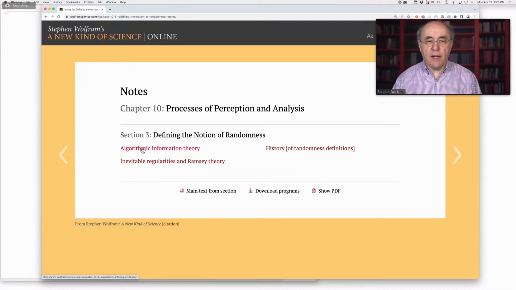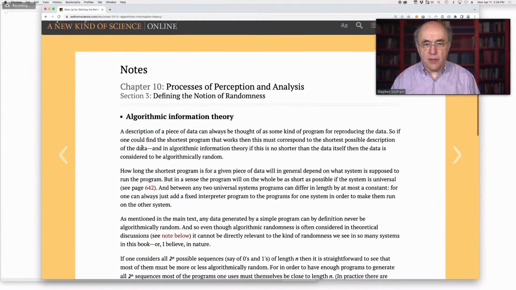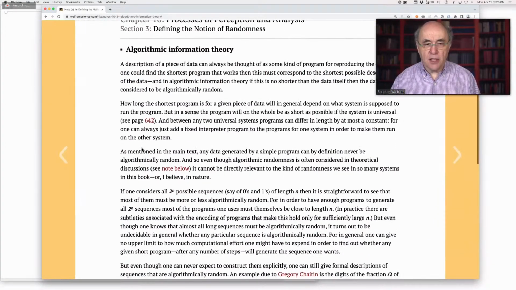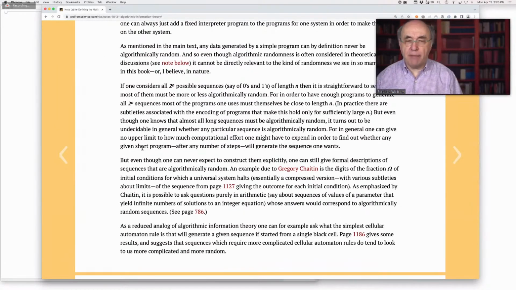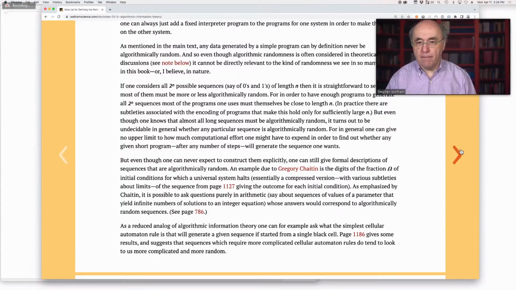Okay, so we're talking about the definition of randomness. We talk about algorithmic information theory, this idea that you look at the simplest possible program to generate a particular kind of thing, that has this undecidability, impracticability issue. But also, operationally, what I argue in NKS is that's not what we should care about for studying natural science. Because what we care about is, with our actual methods of perception and analysis that we, quote, naturally use, what conclusion do we come to? Not in principle, could one find a program, but in practice, can we find a program?